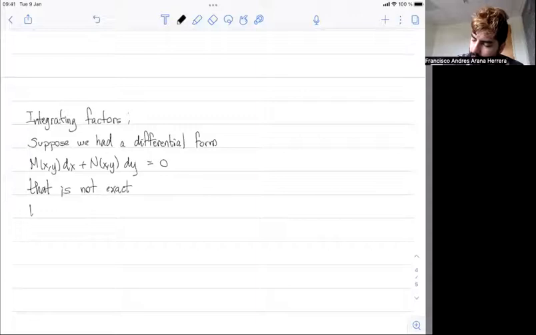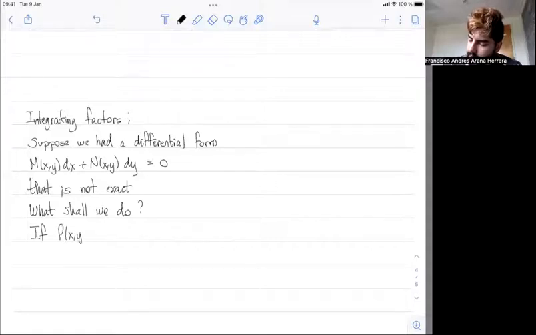So the question is, what shall we do then? Because we mentioned that it's not the easiest thing in the world to be exact. So what shall we do if our form is not exact? Well, what we can try to do is turn it into an exact form by multiplying it by something. So notice that if rho of x,y is not 0,